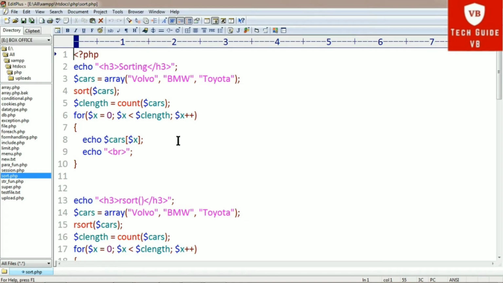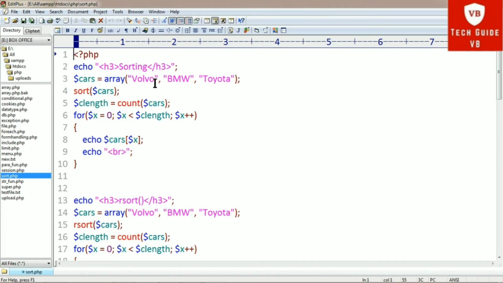This code is started by the PHP tag. Then we give the heading, for which we are writing this function for sorting. In the h3 tag we have written the keyword sorting. Then the cars variable is taken for the array.